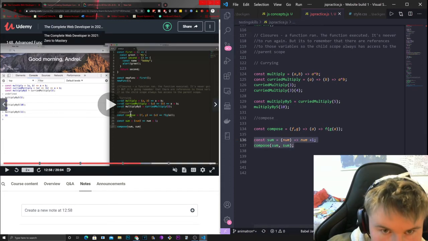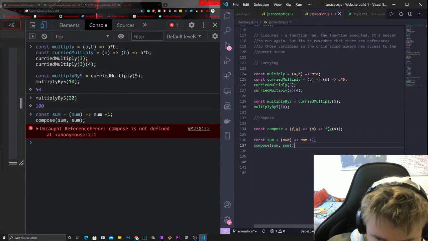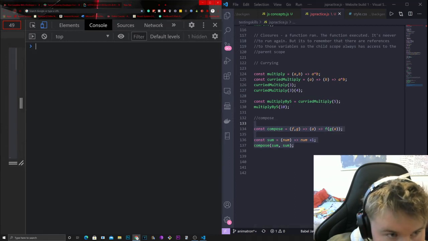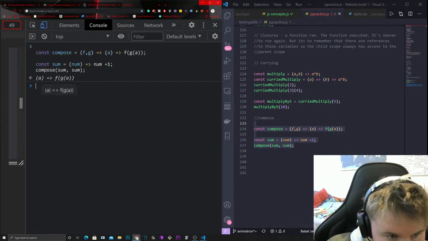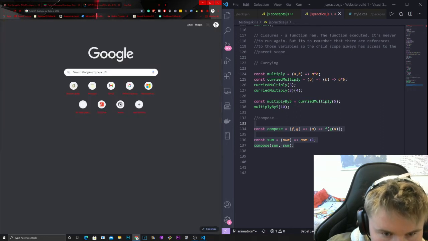Right, let's have a look at this, see what curry is doing, or composing. Oh, we need to define this first. So if we do const compose, get a, f, g, a. Taking it up here in the log, so we have const compose f, g, a, f, g, a. Then we have const sum is equal to number, it's the parameter, returns number plus 1. So then if we call the compose, and we give it sum for 1, comma sum, and it returns to us